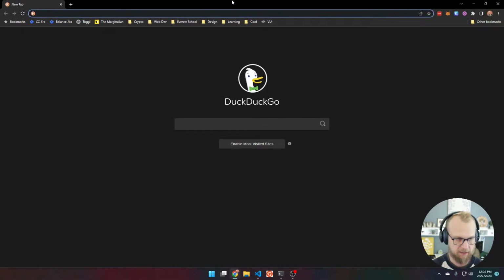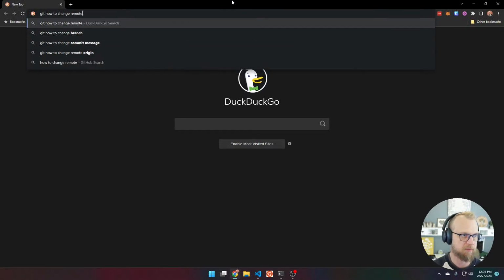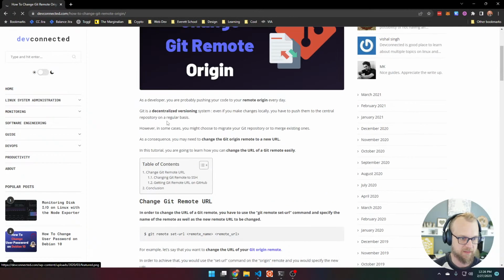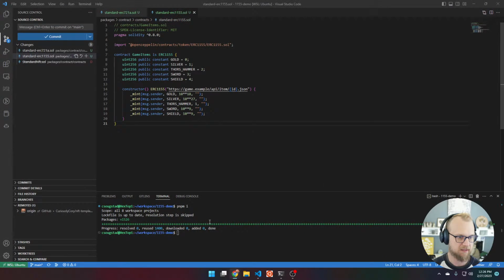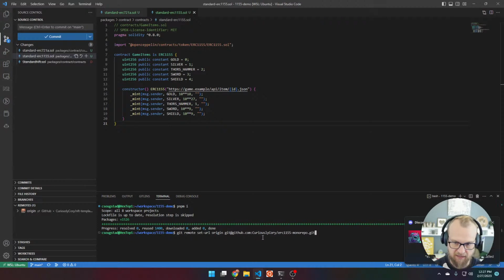All right, git how to change remote origin. It's just set. Let's try that. So git remote set URL origin. So basically what GitHub had, except it's set instead of